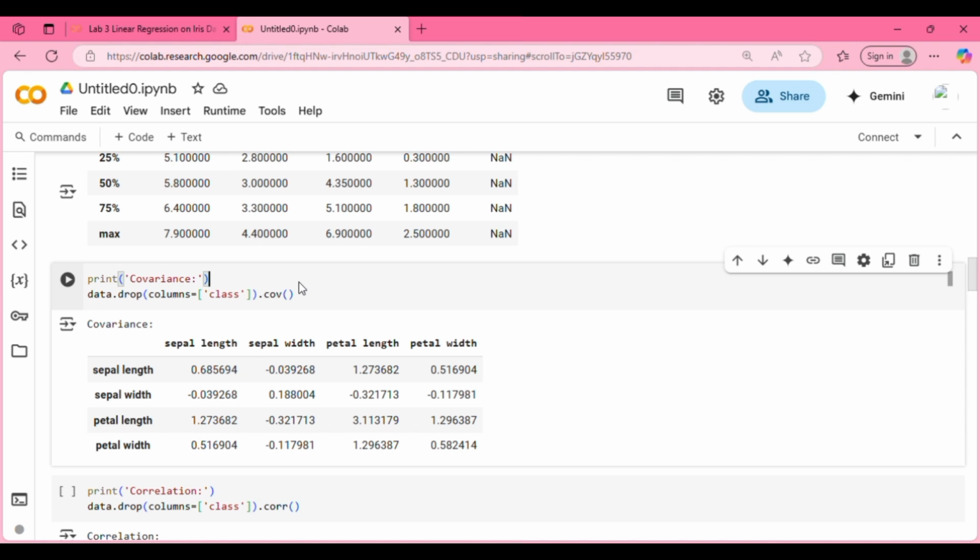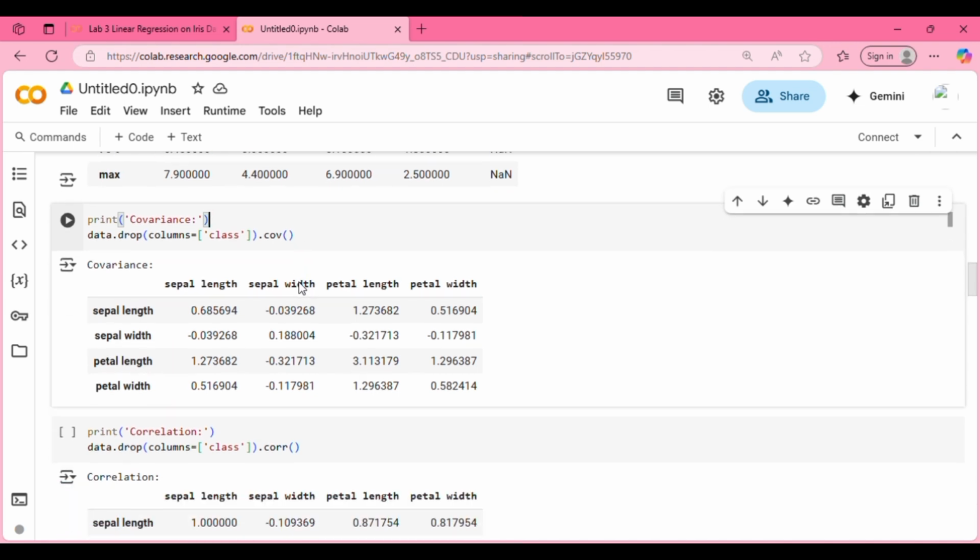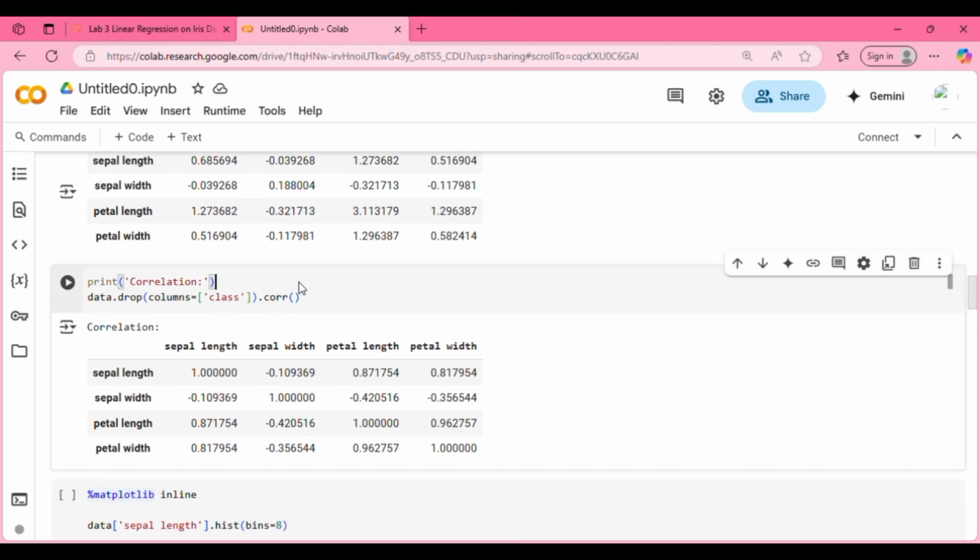For the next one is the grid of correlation, and it is done on the columns that contain numeric data only. For the output, the correlation matrix provides insight into the relationship between numeric features: a positive correlation, a negative correlation, and a correlation near zero suggests a little or non-linear relationship.